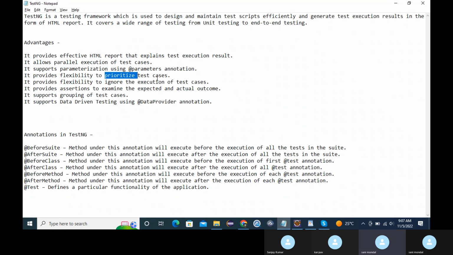It helps us to prioritize our test cases, like which test case we want to run first, then second, then third. It also helps us to ignore any execution. Let's suppose, sorry, there are 5 test cases, and